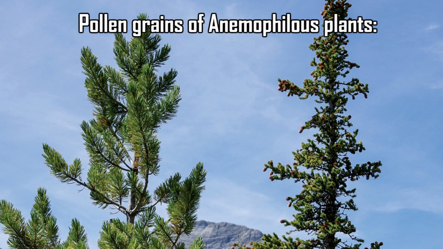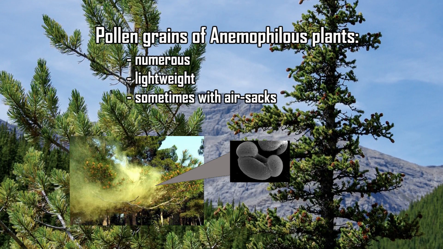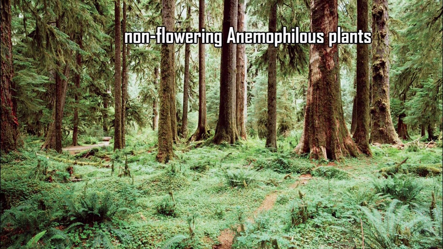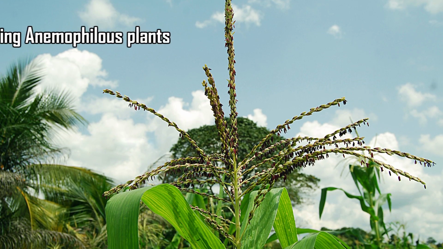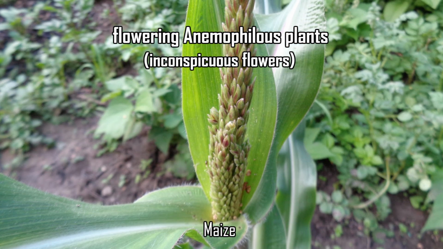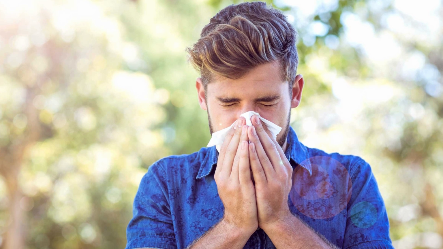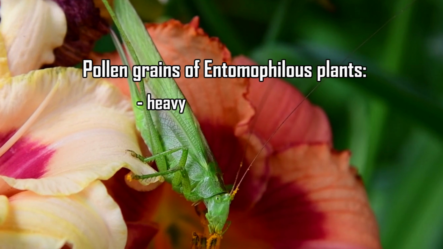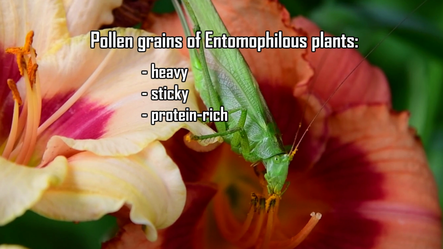Plants pollinated by wind typically produce great quantities of very lightweight pollen grains, sometimes with air sacs. Non-flowering seed plants such as these cedars typically use wind as a pollinator, while wind-pollinated flowering plants such as maize generally have unattractive flowers. Wind-carried pollen grains are commonly associated with allergies. Insect-loving plants, on the other hand, produce pollen that is relatively heavy, sticky, and protein-rich for dispersal by insect pollinators